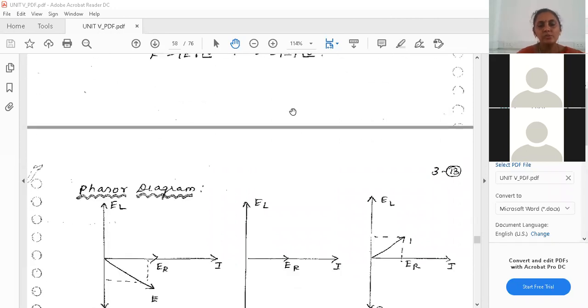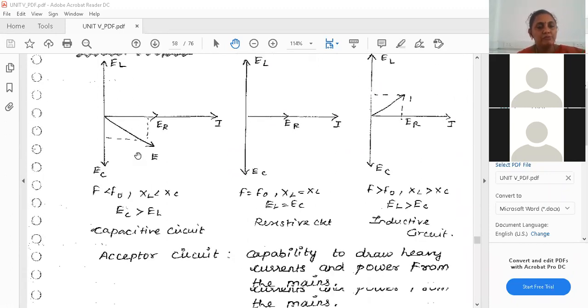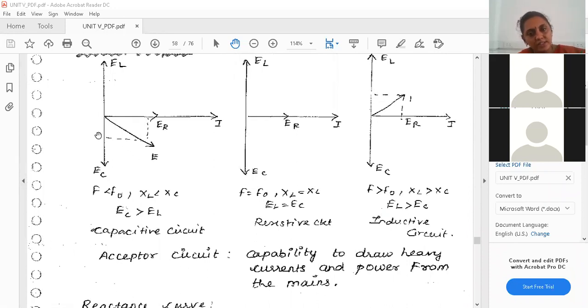Now coming to the phasor diagram. Check here. We will draw the phasor diagram for a resistive circuit, a capacitive circuit, and an inductive circuit. This is more or less like an RL circuit, RC circuit, and RLC circuit, the same thing. Now see here, this is going to be a resistive circuit. In the resistive circuit, what happens? XL is equal to XC. So if XL is equal to XC, I can tell the voltage across the inductor is equal to the voltage across